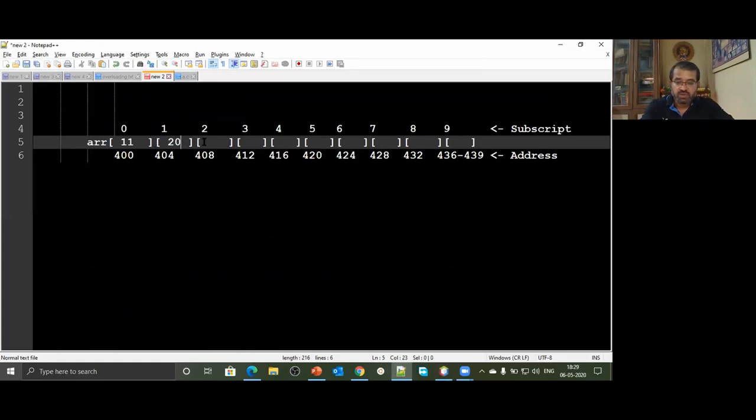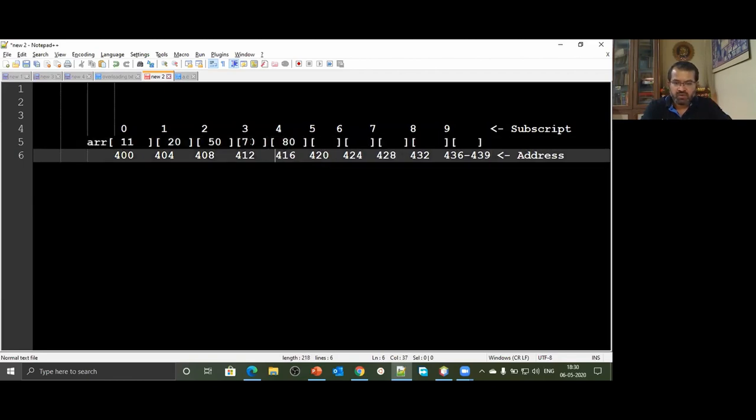So next time I store 20, then here I store, suppose, 14. I'm going to store some random values. Or let's store them in a sequence. Say I store 20, then I store, suppose, 50. Suppose I store 50, and here I store, suppose, 70. Whatever order I would like. Then I take over here, suppose, 80. That's just up to you, what value you would like to store.